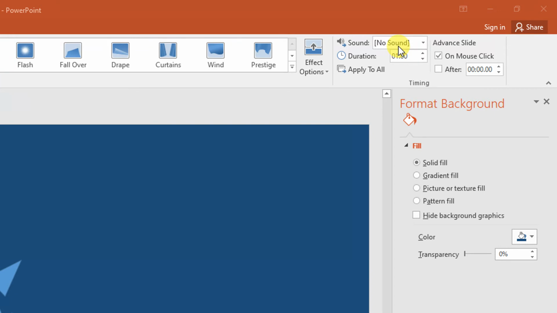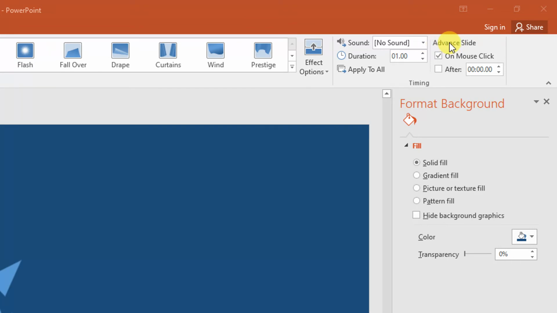Then there is the advanced slide effect. What does this mean? This is used to choose the timing for the transition, meaning when we want the next slide to appear. By default the slide changes with the mouse click during the slide, so we can choose on mouse click or after option.